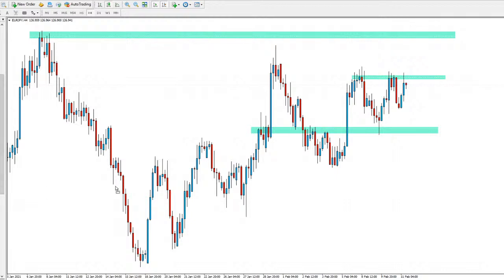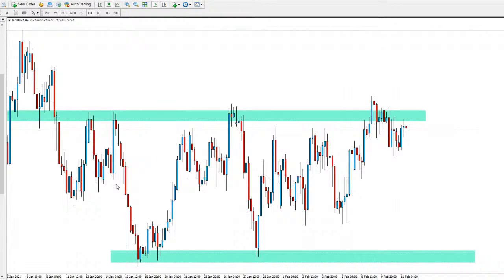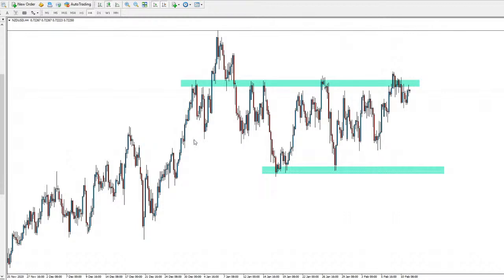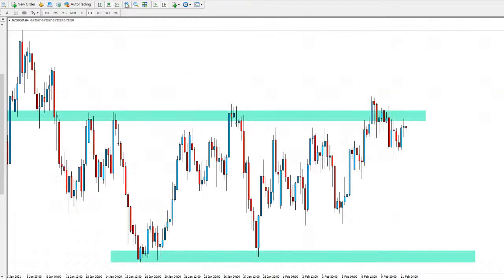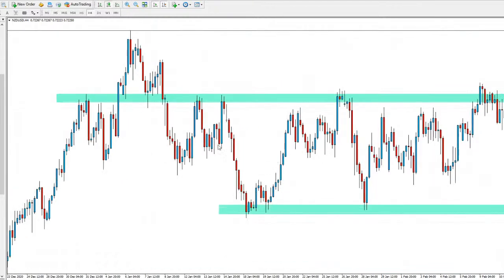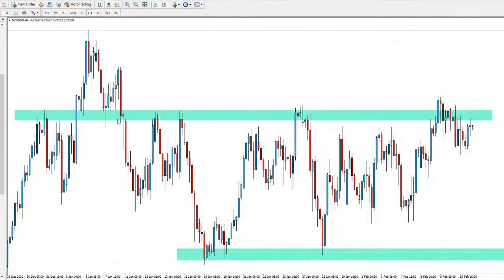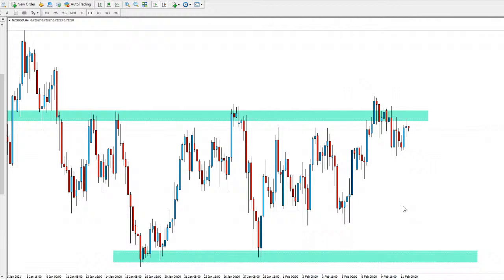Next, we're going to take a look at NZD/USD. Now, NZD/USD here, again, just mainly consolidating. You can see price is respecting this really key level of resistance here in the market. So resistance there, support, resistance, resistance, resistance. Again, very key level here on NZD/USD. Very clear level of resistance and support.